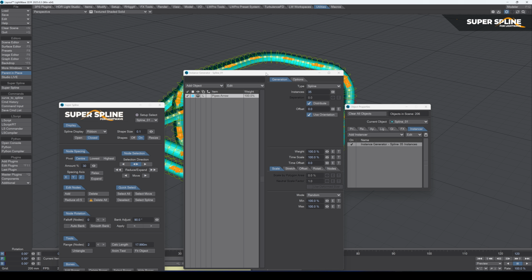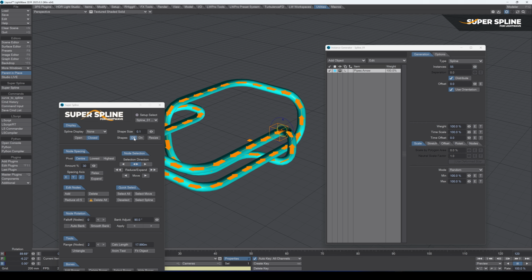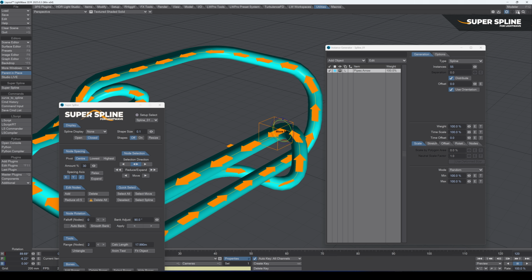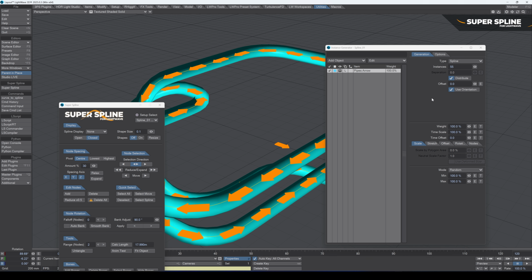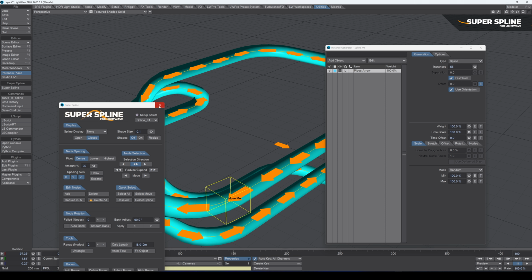Obviously we now want to make sure that these loop perfectly, so I'm going to hide this and turn the shapes off. Okay, and then what we'll do is calculate length. We've got 8010, copy that, and we'll make this 400 frames, frame 400, paste that in there, and then hopefully